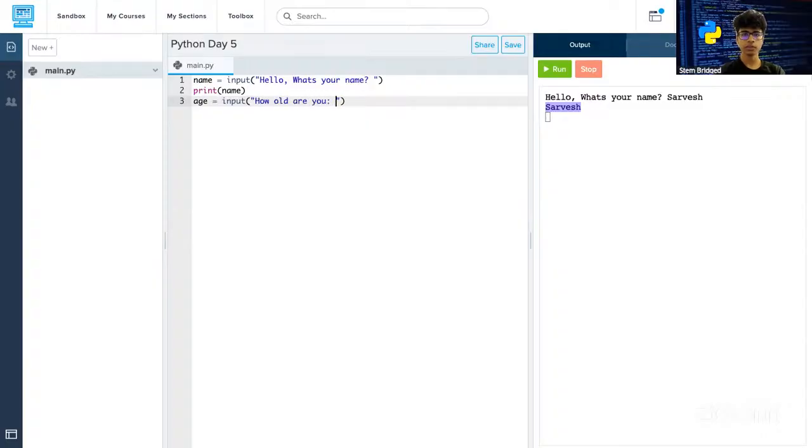How old are you? And then let's say in 10 years, you will be age years old. Make sure to have a space here so that it looks correct. It looks nice. Okay, so when I run this, say Survesh or whatever,